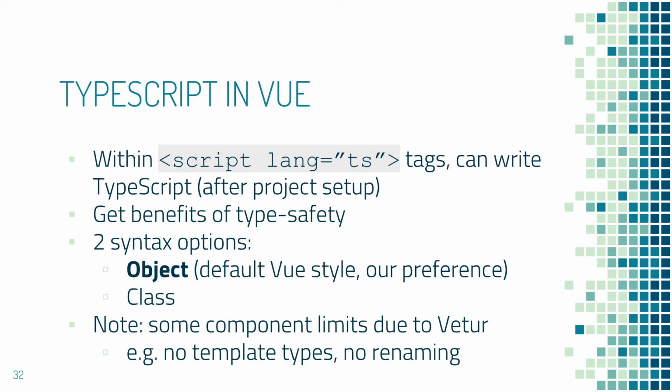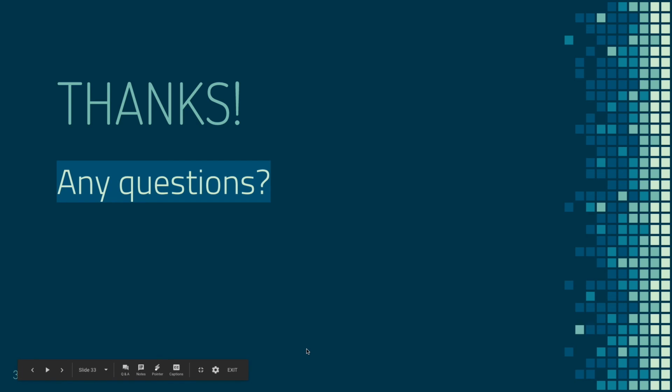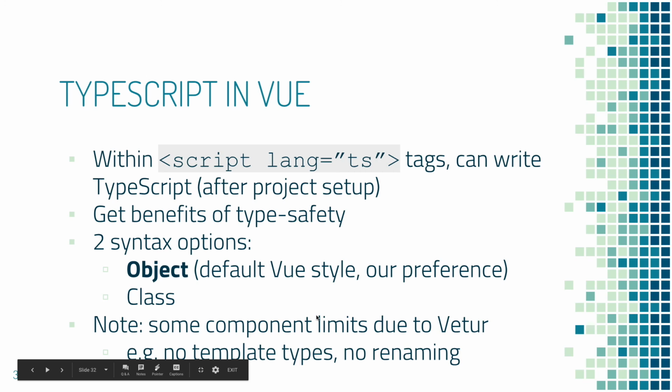We already went over most of this, the object and the class. Our preference for Politico is the object, but it's really just because object matches up with what we have already been doing, since class is a TypeScript only syntax for developing components. I think the two main limitations that I've made notice of here is that when we're going to do TypeScript in Vue, there are some things that are handled by.